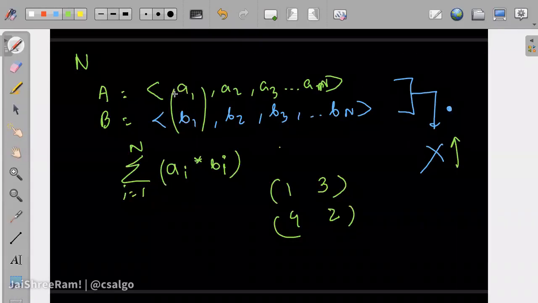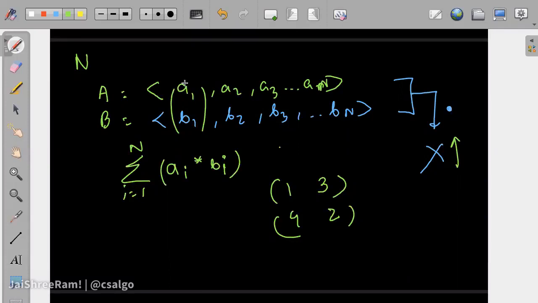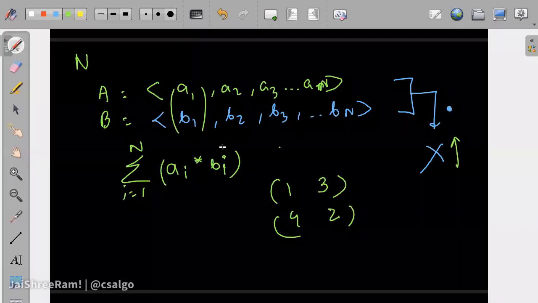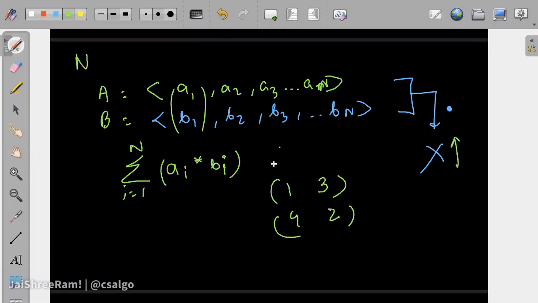So when I say I'm trying to reorder the arrays in both of them, I'm actually thinking, let's fix one of them and permute the other, right? Because every possible answer you can get by permuting both of them, you can get by just permuting one of them as well. So a common observation is, okay, let's sort both of them, and then if you take a dot product, it might be maximum. Now if I ask you how to prove this particular statement, why is this going to work?